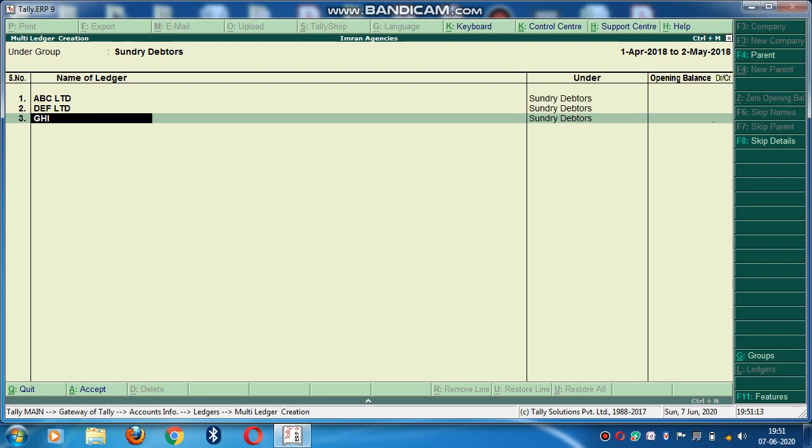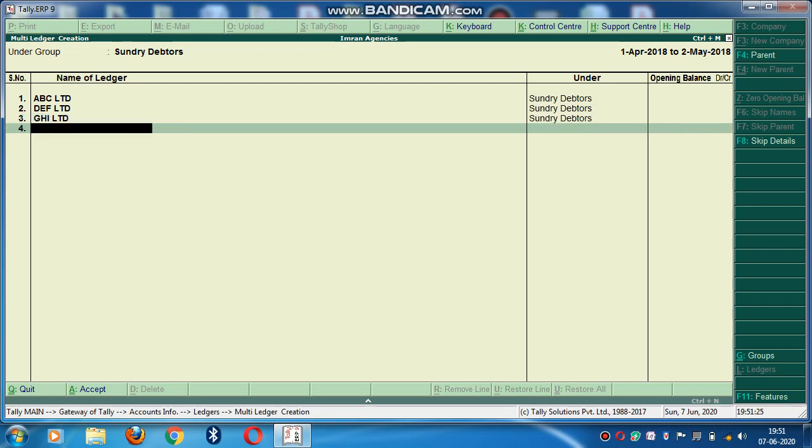The third, GHI, is another company, GHI Limited. You can see the other parties. Now I don't want to create any more parties under Sundry Debtors. This is all. Three parties at one time.